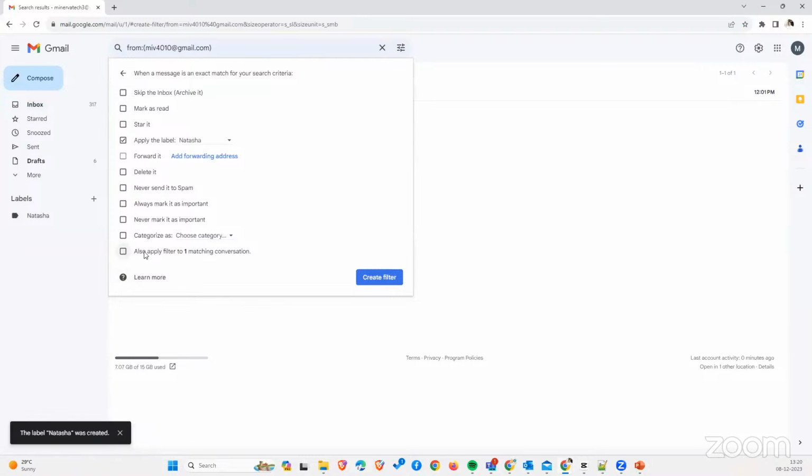See here it shows apply filter to one matching conversation, because it found one email with this matching condition. If it has multiple emails, it will automatically find out how many mails there are, right? So Natasha, if you could send some more test emails, that would be great. So also apply for this and create filter,